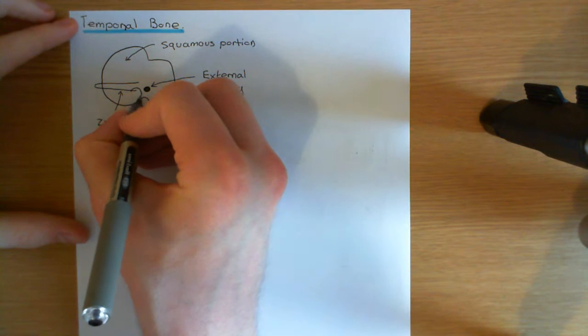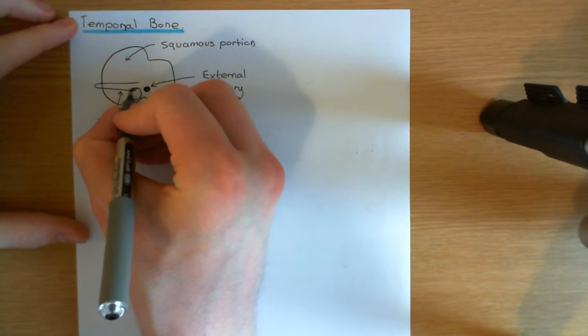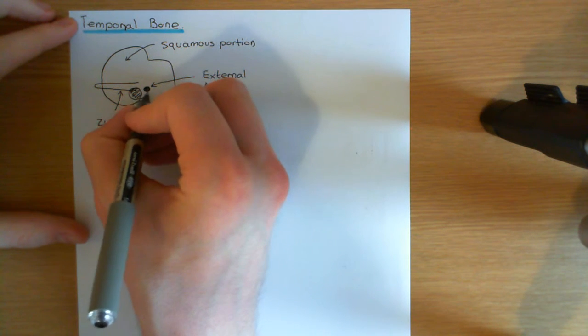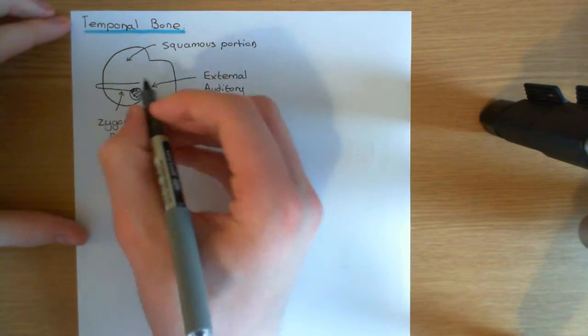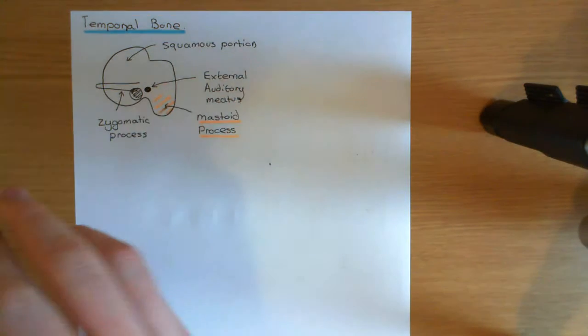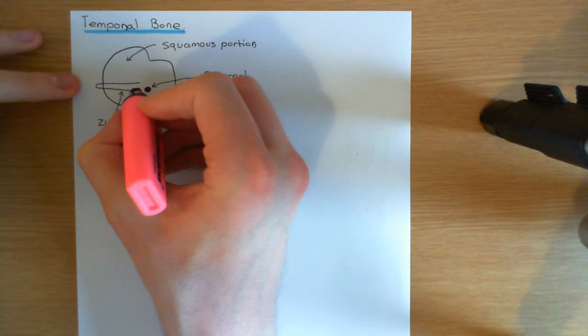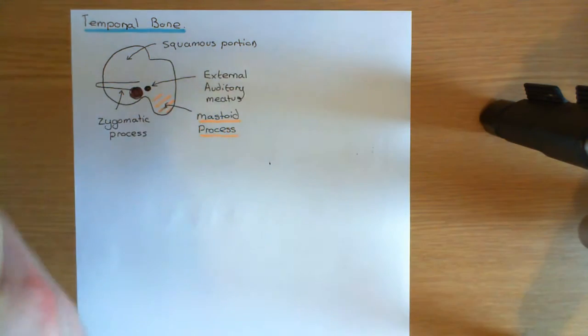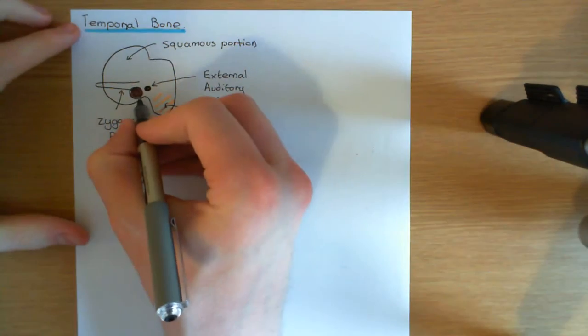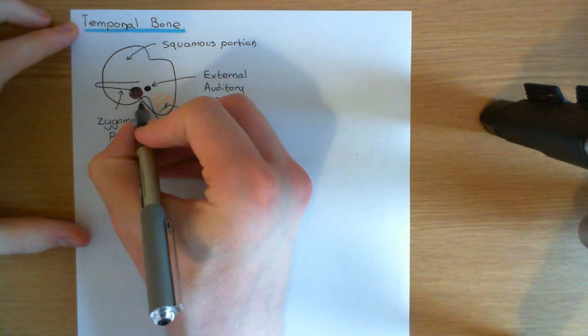And then here there is a fossa, a sort of space in the side of the bone. This isn't a hole in the way that the external auditory meatus is, but it's an indentation here. I've maybe shown it in the wrong way. It now looks like a hole. It's just supposed to be a sort of indentation in the bone, a nice space,